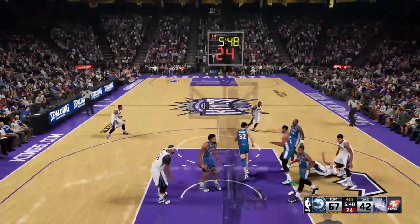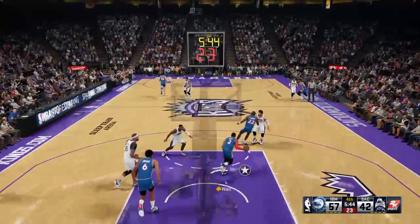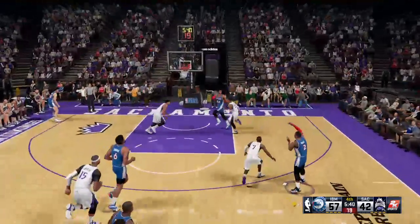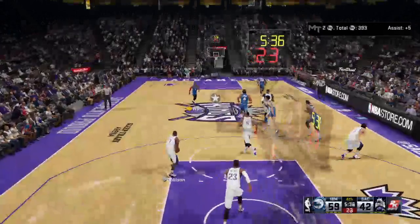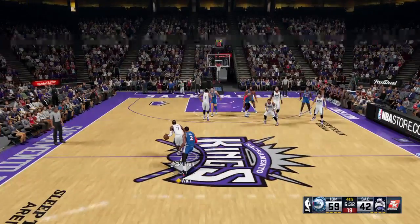Bellinelli gets the bucket. He's got the fourth quarter started here with a bucket for Sacramento. Philadelphia leading by 15. To the paint. Here's Antetokounmpo. Uses both hands to slam it down. Great pass. John Wall is really good at finding the...